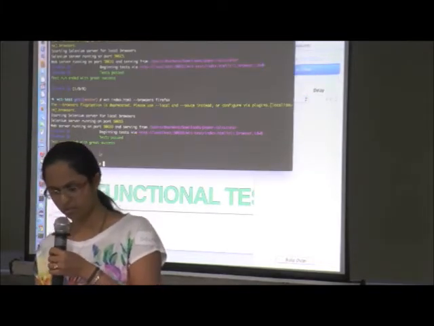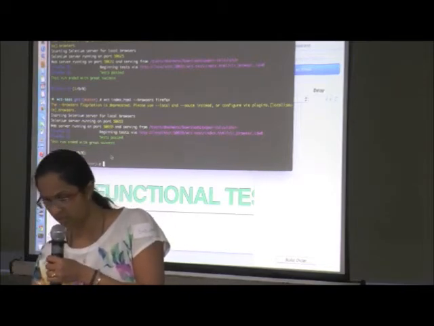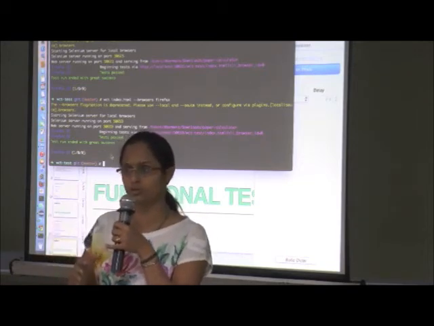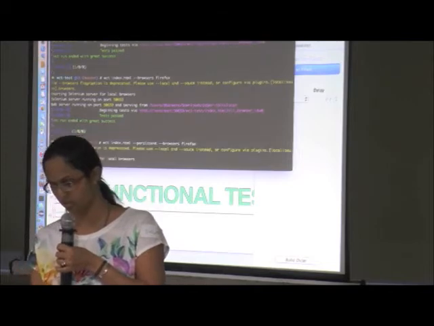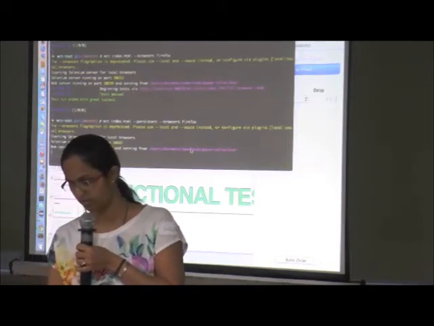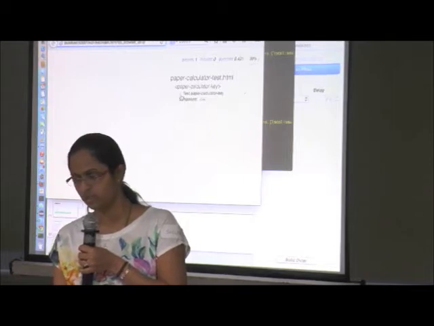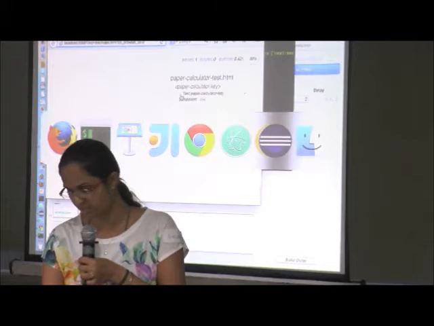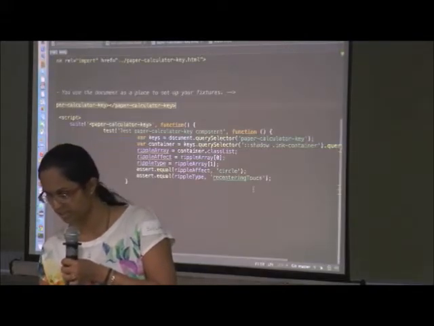So, if you look at your terminal, you will be able to see the output here. Say, by the way, Mocha gives you a flexibility to run both on Node.js as well as browser. So, if I want to see my tests on the browser, it even gives you that the test has passed, or if I try to fail a particular test, it can even tell you where exactly it has failed.